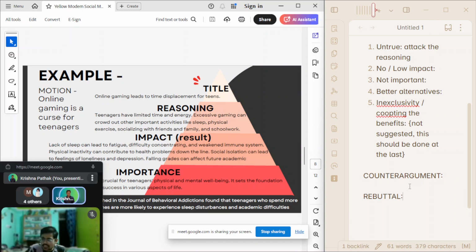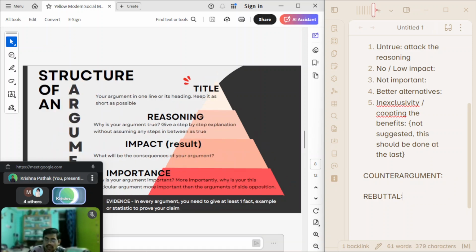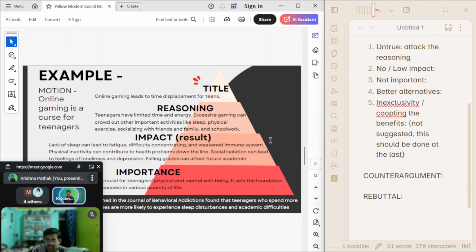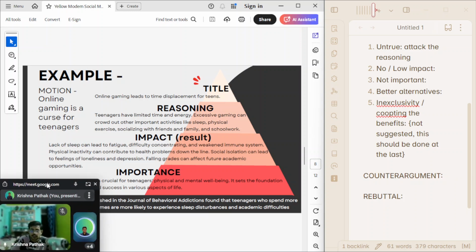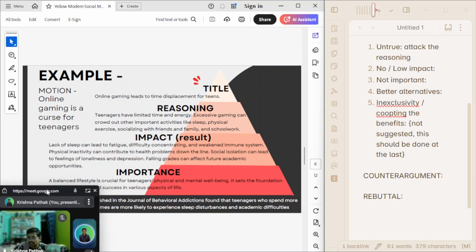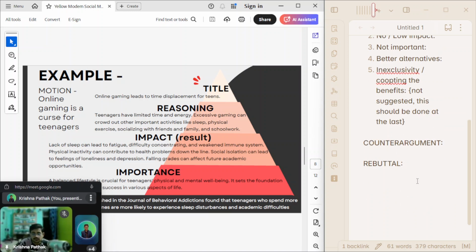Now, giving a counter argument as well is very, very important, and probably at times way more important than giving a rebuttal, right? However, because right now I would just want you all to learn how to give a good rebuttal, that is why we would focus on the rebuttals. So I'll just ask Medhansh what he has to say, and then I'll give you an example. Probably then it would be clearer. Yeah, Medhansh. Sir, I have a doubt. Mm-hmm. Sir, if they are against the motion, the example is